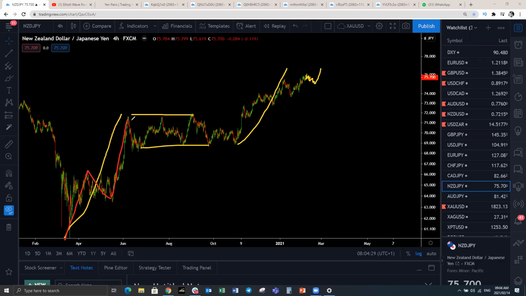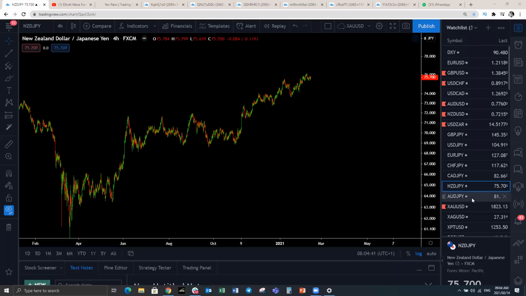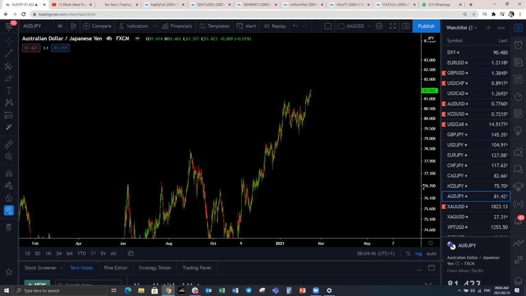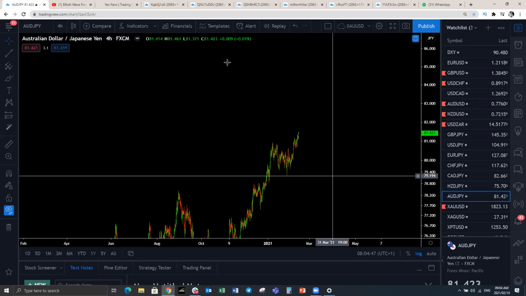You need to be clear what structure you're looking for. You've got the 3 waves in red to the upside, 3 waves pull back. Now you're looking for another 3 waves to the upside in this degree. So continuation to the upside. We'll see a pullback first before pushing up higher. There is significant strength on Aussie and New Zealand.